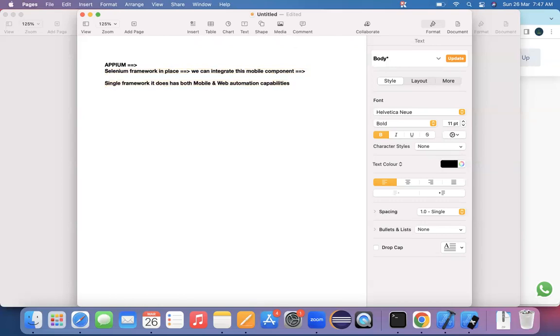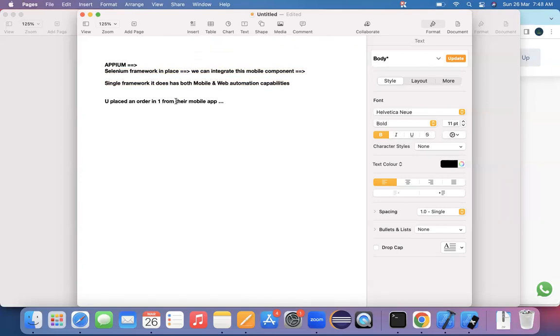Okay, and moreover, there are certain applications. Consider a small example here. Assume that you placed an order on a website from their mobile application.